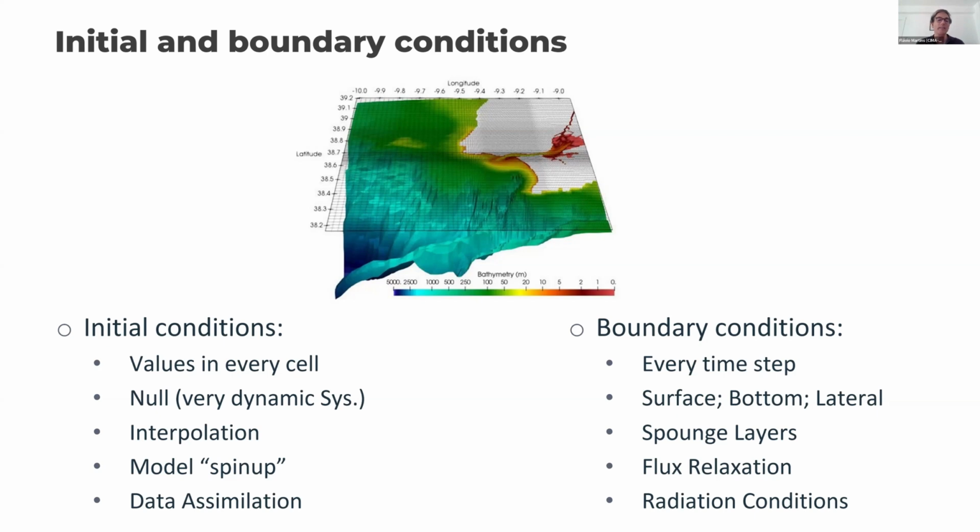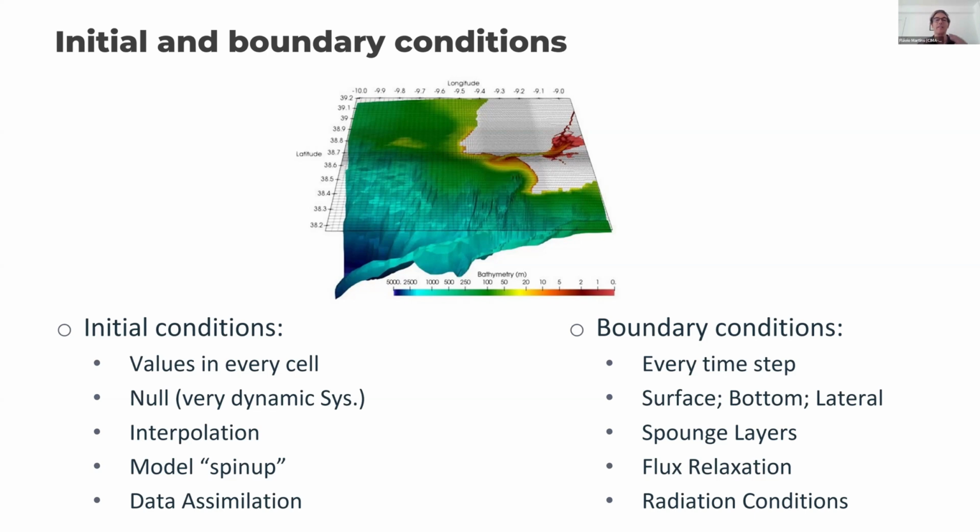For that, we need to interpolate correctly the measurements and the climatological values. Usually the resolution is much smaller than our grid, okay? And we always need to do a model spin up. So you know that if you want to simulate day X, you should start day X minus something, depending on your system, in order for the model, when it arrives at day X, you already trust the results, okay? And data assimilation, which is something that I will speak about later, is also important to provide the initial conditions, okay?